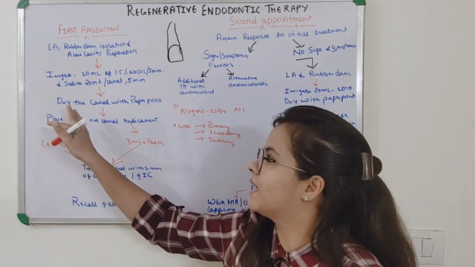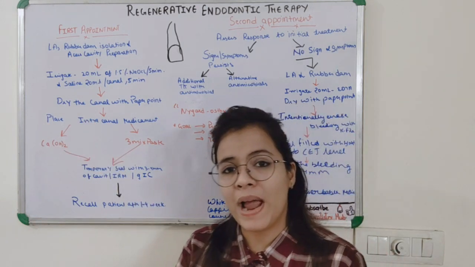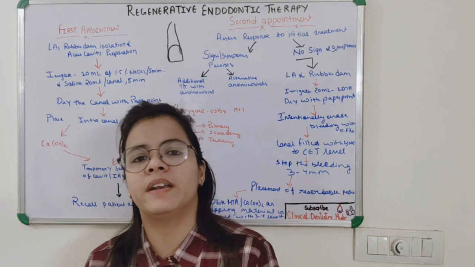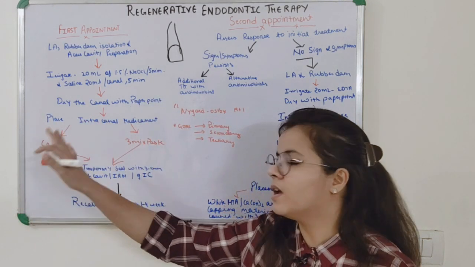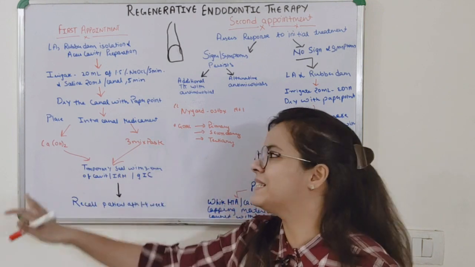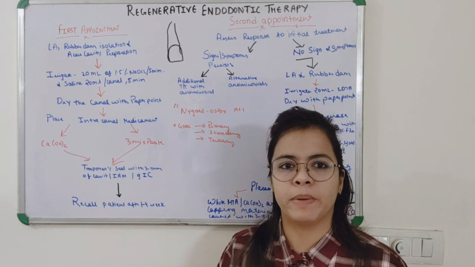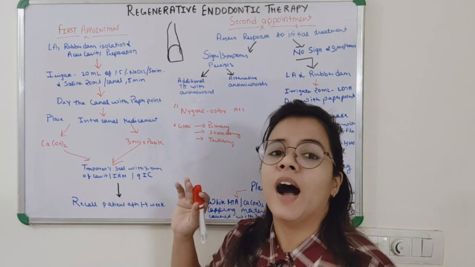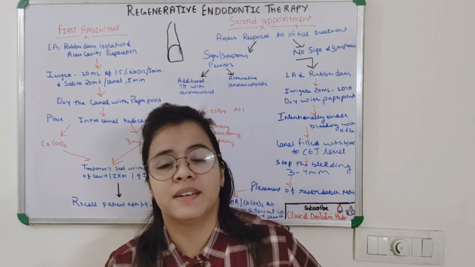After you have dried the canal with the paper point, you have to place an intracanal medicament. Now at this point the twist of regenerative endodontics comes. Either you can place calcium hydroxide or you can place triple antibiotic paste. The choice is yours, but I must advise everyone to go with triple antibiotic paste, as I have already discussed